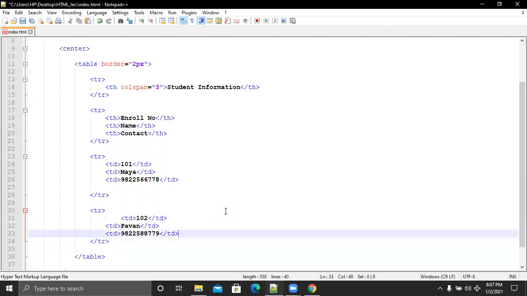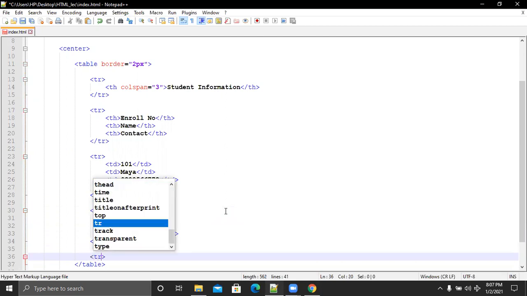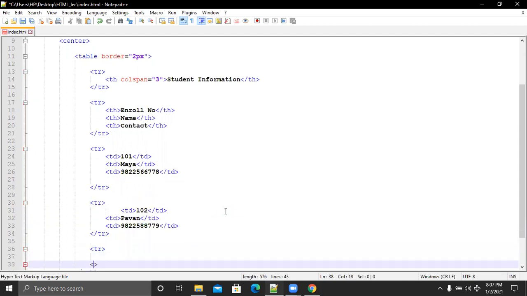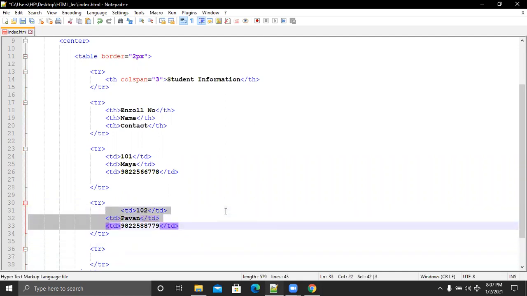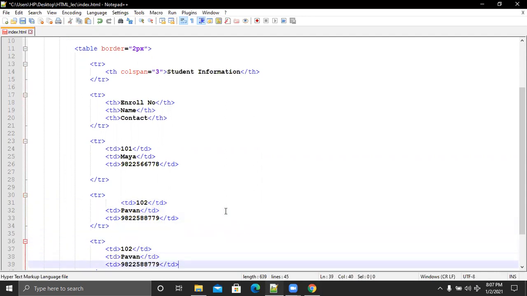So to illustrate that, I create one more tr here at the end. I close this tr, and similar to this, we will have 3 data, but I don't want to give 3 data here. So I make it empty. This td is not needed, but I do it so you properly understand these things.